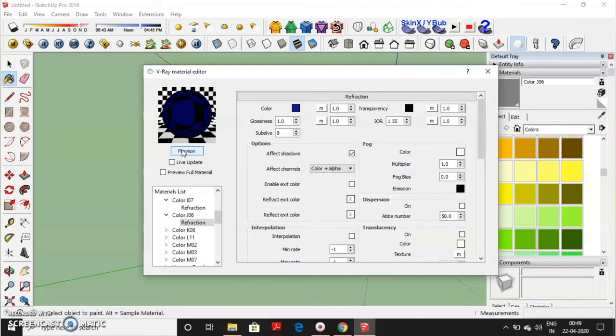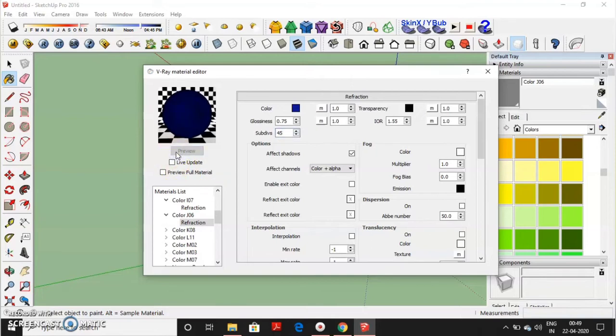And if I want a colored refraction, this is how I can get it. If I decrease the value of glossiness, say 0.75, my refraction will also decrease, or I will say get blurred this way. It's still getting refracted, but it's blurred. To make the surface even, I will increase the subdivision value, say 45.